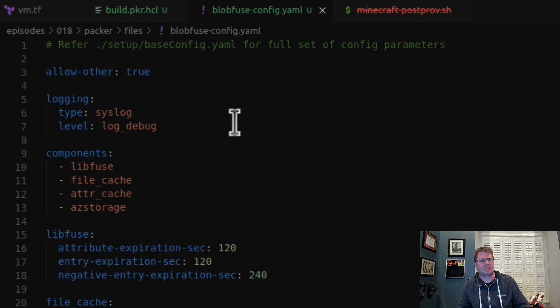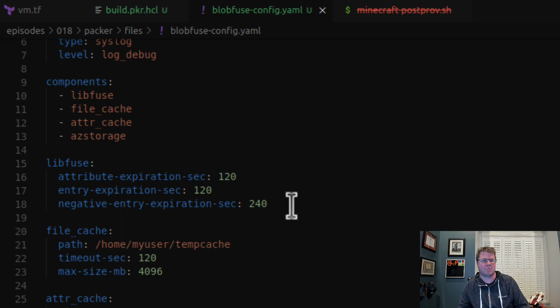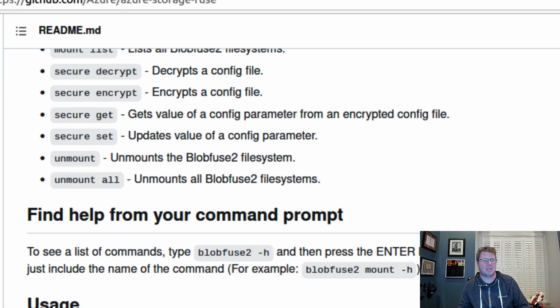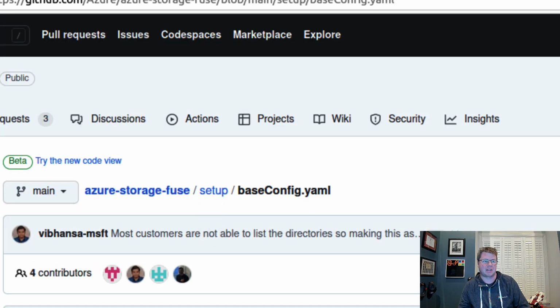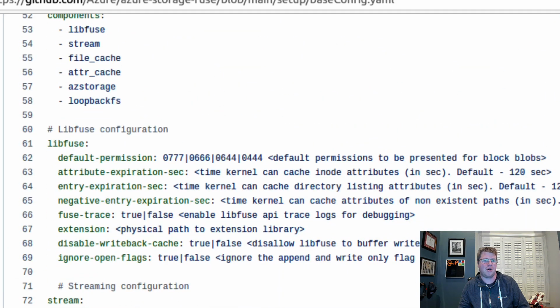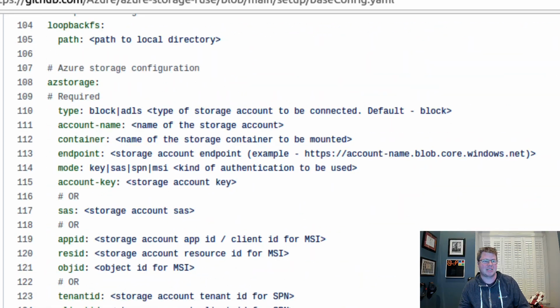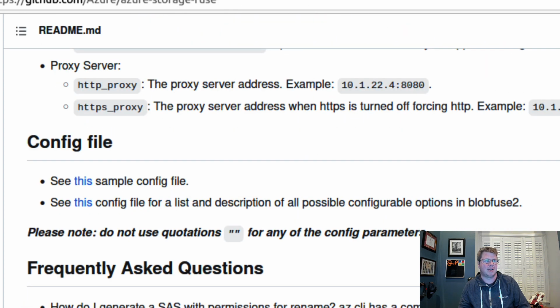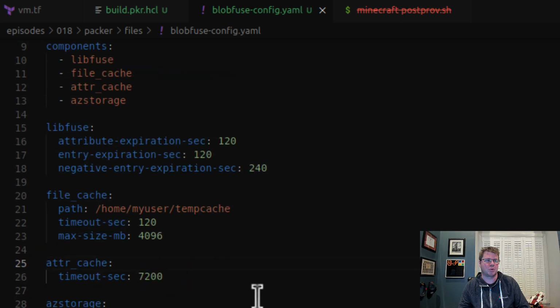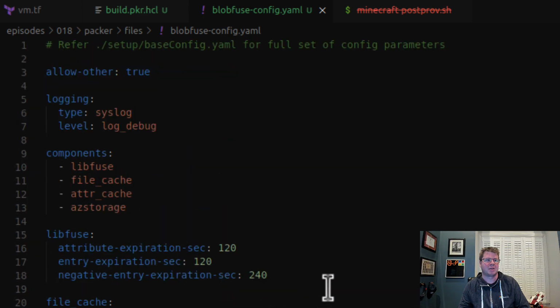Now looking at this, we're not going to drain the ocean and do all the bells and whistles. You can go read the manual, and I would highly suggest you go check it out. The one that I took is a sample config file. They have the full file here, which has all the things, and it has all of the documentation with very descriptive explanations of what each thing does. But really, I'm not super concerned about that. So in my file, looking at this,